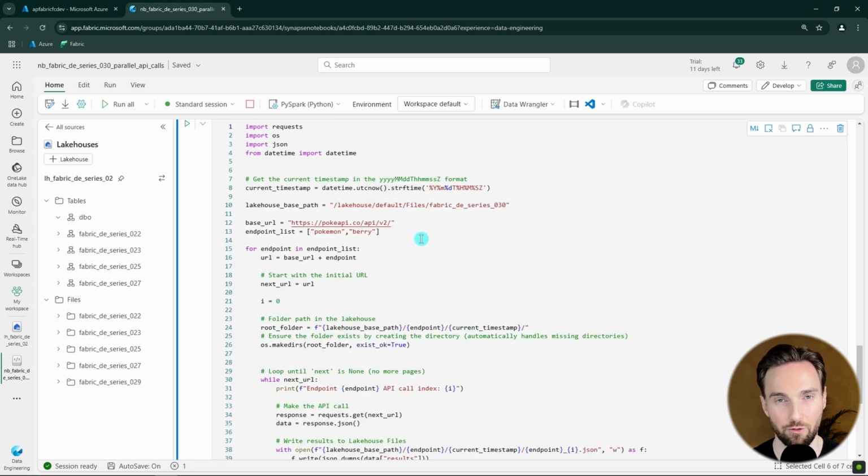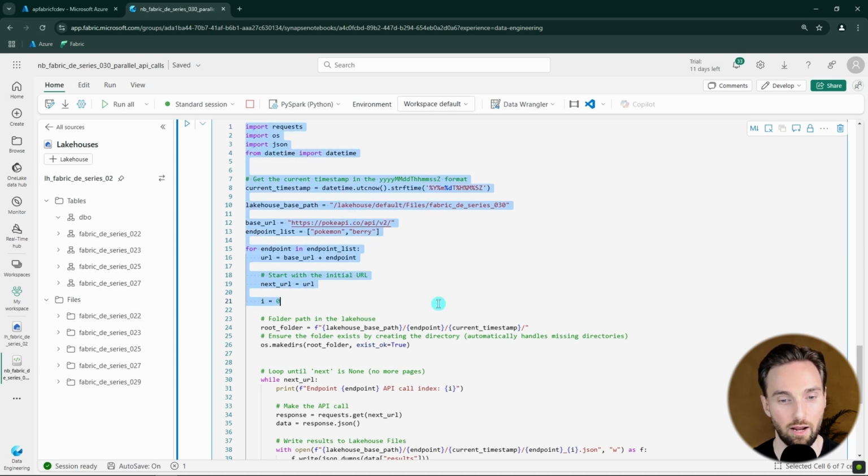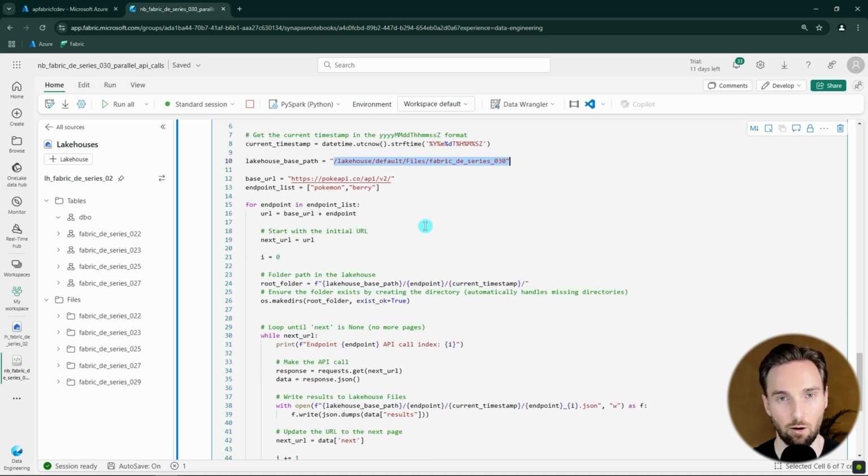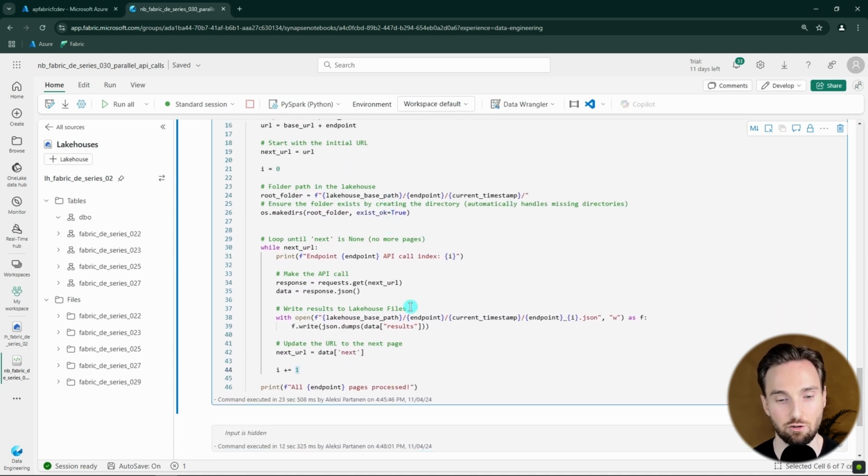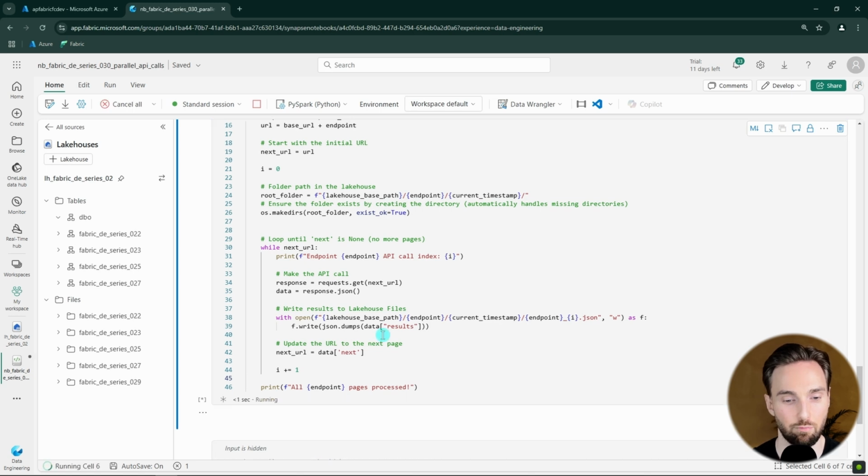And now we have gathered the understanding about those parallel processes. And now we can move to the most juicy part of this video and parallelize API calls. For those API calls, we are going to use the code that we created in the previous video, where we fetch this Pokemon and berry data from this Pokemon endpoint. And then we're going to write that data to our lake house. I'm not going to explain in great detail what this code does, since I already did that in the previous episode in this series. But for demo purposes, let's run this code and let's see how it processes those